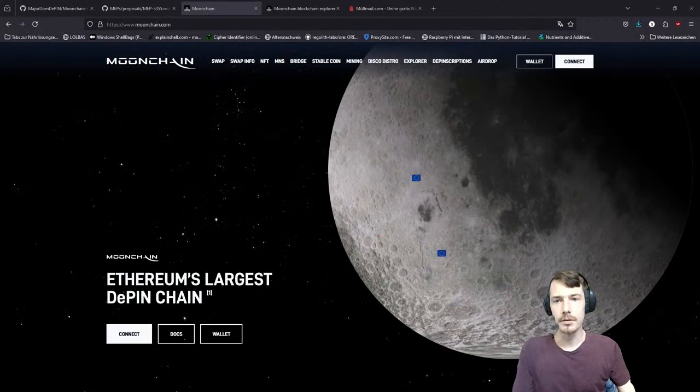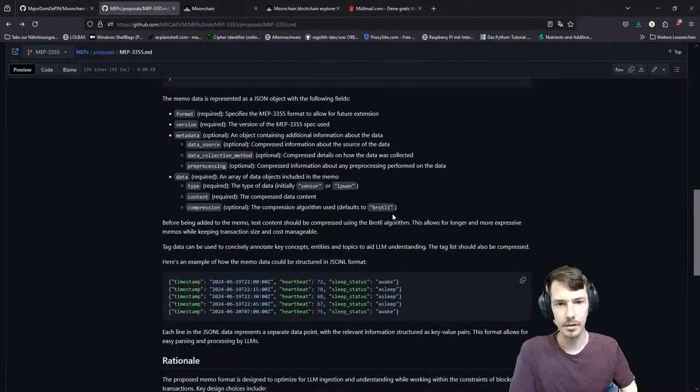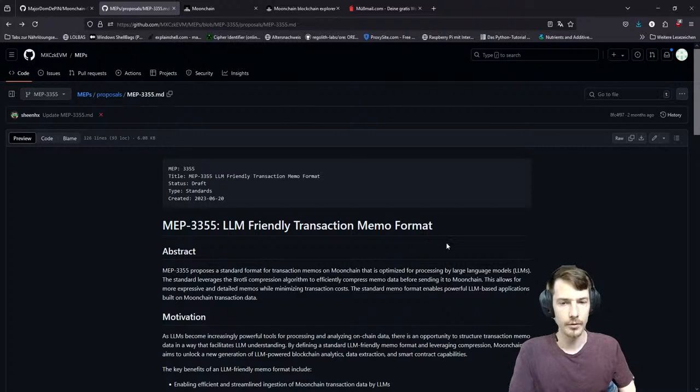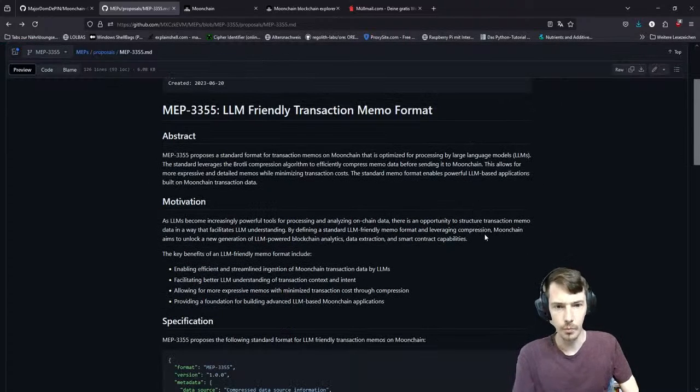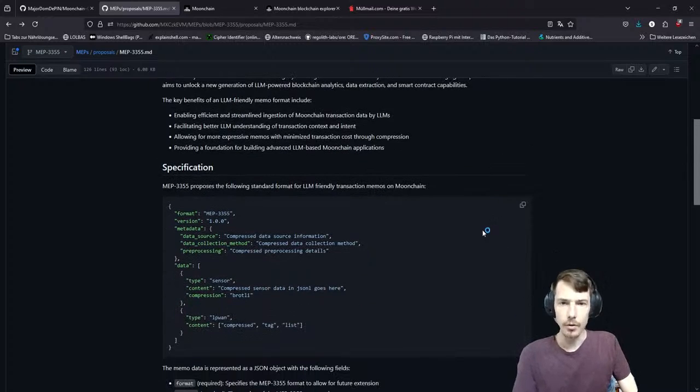Today we will talk about MEP-3355, which is a proposal that makes it possible to send sensor data via the blockchain in an LLM-friendly compressed format, so we don't have to use that much gas for sending this data. And we also will have a look into